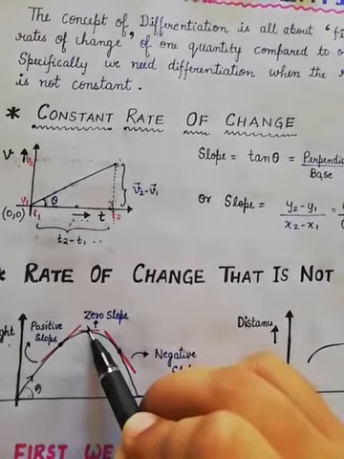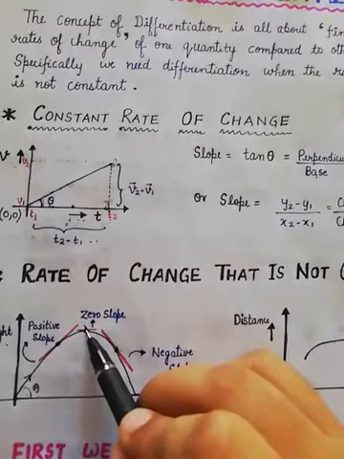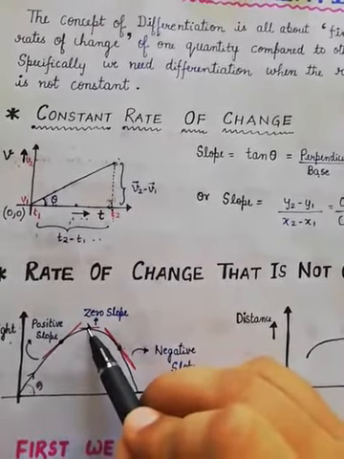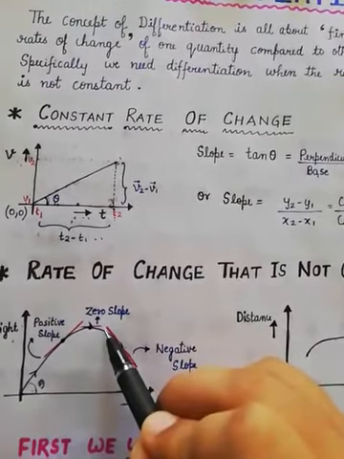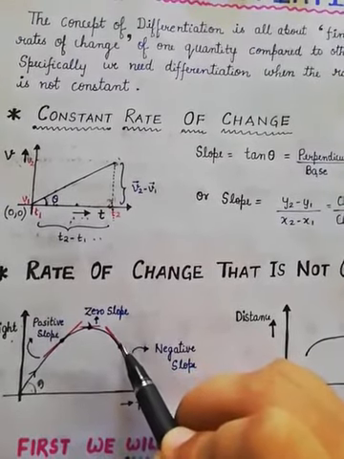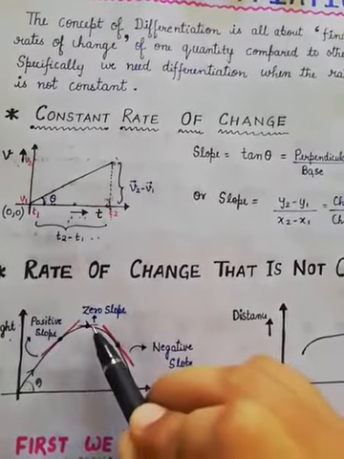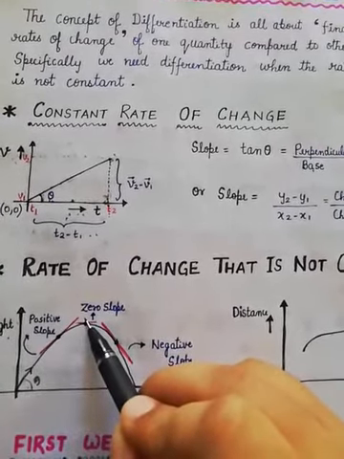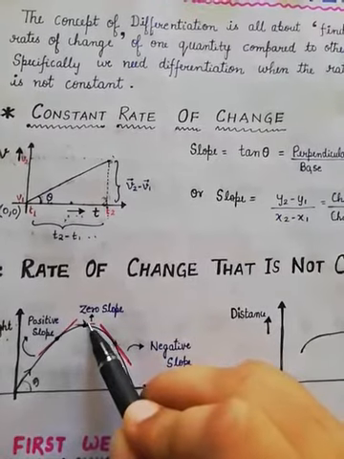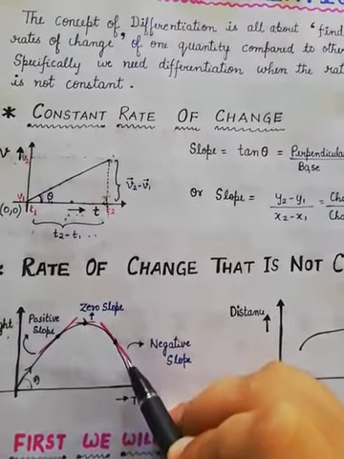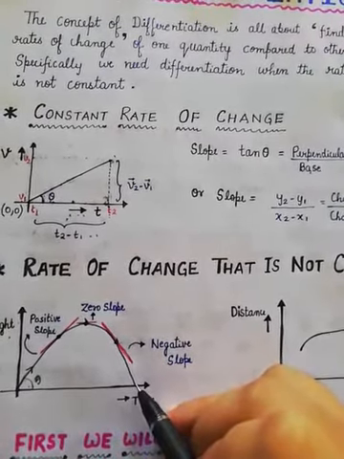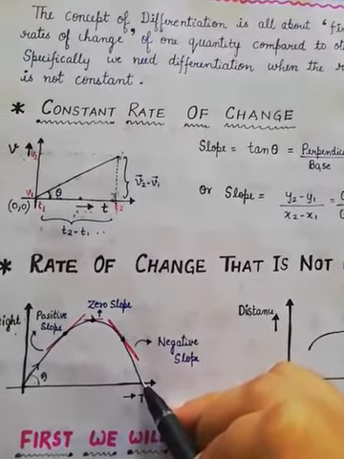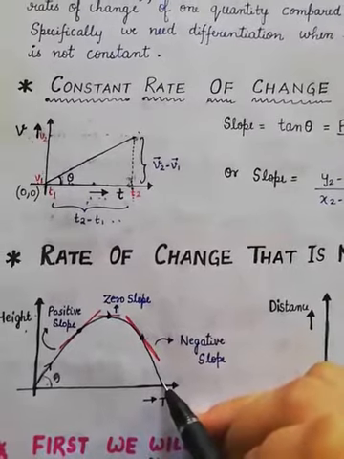Now gravity changes the direction of the ball. So from a height h, let's say this height is h, the ball changes its direction and again comes back with a certain velocity. So here the velocity increases. At this point of time it becomes 0, then again increases, and just before hitting the ground it acquires a maximum velocity, and just after hitting the ground this velocity again becomes 0.